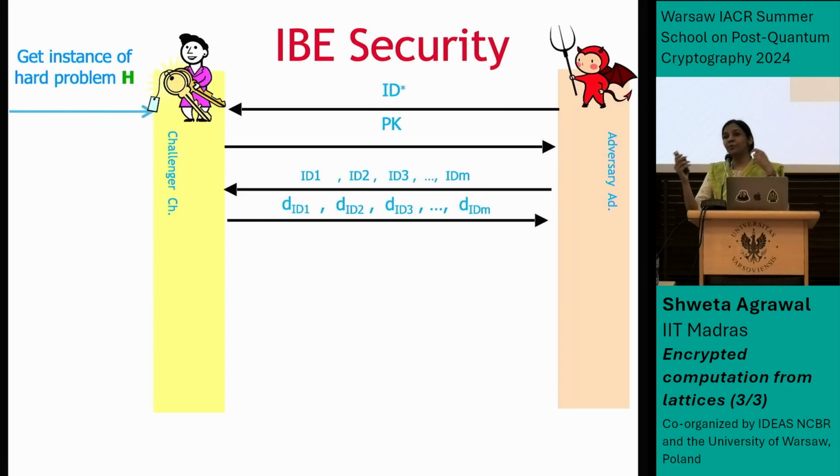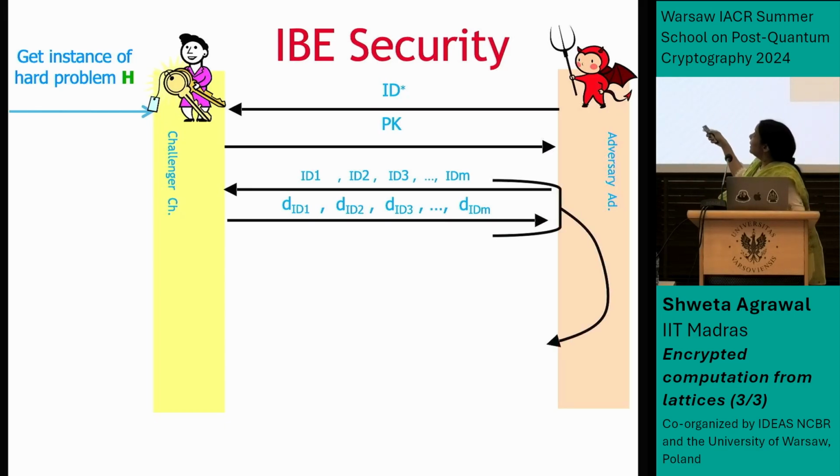So now note that there aren't just challenge messages M0 and M1. There's also a challenge identity. There's an identity for which the challenge ciphertext should get created, right? Because that's the key thing in an IBE. So the challenger is going to receive the challenge identity over here, right? It will then return the public key to the attacker. And now this is a very key difference from basic encryption. The attacker can request the challenger for multiple keys corresponding to different identities.